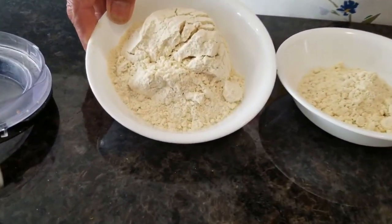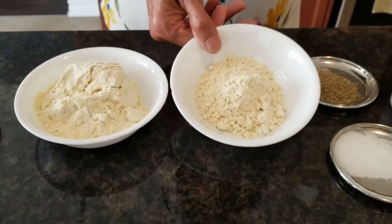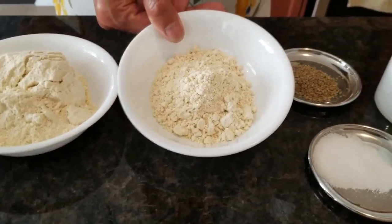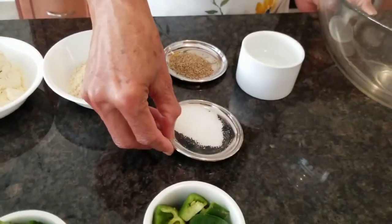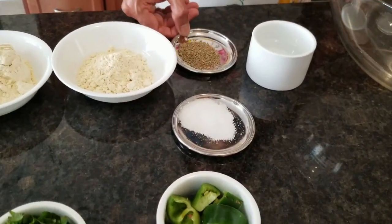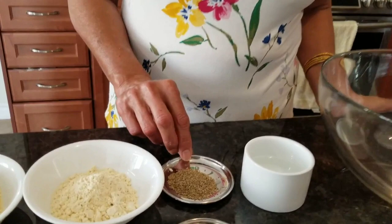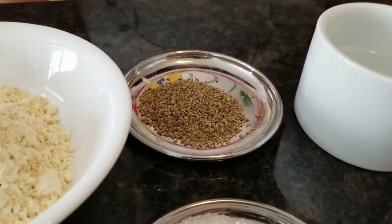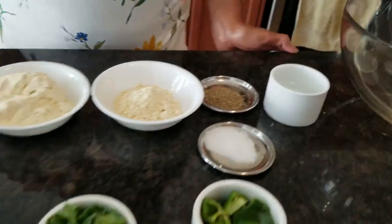3/4 cup of atta flour. This is a whole wheat flour. 1/3 cup of besan chickpea flour, half teaspoon salt, 1 teaspoon of ajwain, as it's called in Hindi. It helps with gas and bloating, so it's a good spice for something that you use as fried. And 1/3 cup of water. To prepare,